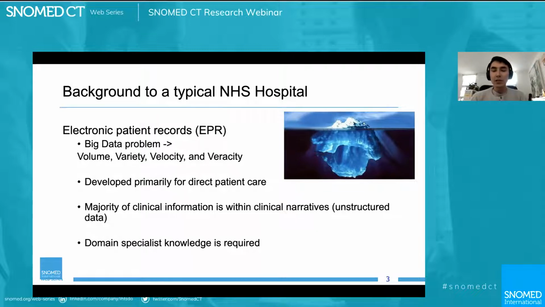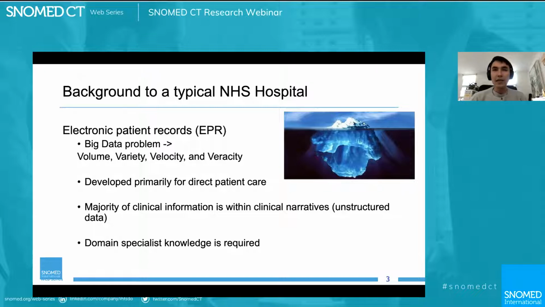A lot of these electronic patient health record systems, irrespective of the provider, have been primarily developed for direct patient care, and secondary data analytics have been a slight afterthought.